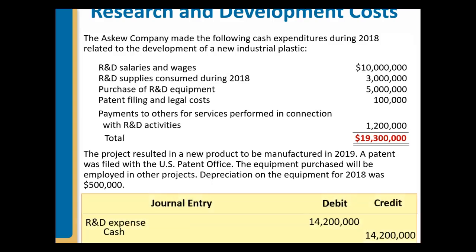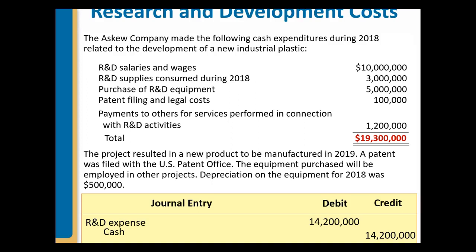A journal entry is made to record the research and development expenses here of $14,200,000, which is the $10 million plus the $3 million plus the $1,200,000. As you see here, Askew Company made the following cash expenditures during 2018 related to the development of a